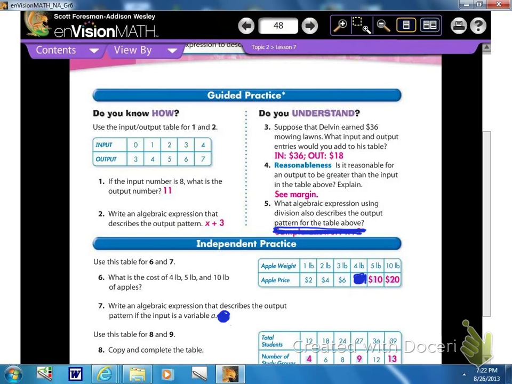Okay, for your homework, I'd like you to go ahead and do the independent practice, 6 and 7. And so you're looking at this table over here. It had some answers, so I had to scratch some out. And it says, write an algebraic expression for number 7. It says, write an algebraic expression that describes the output pattern if the input variable is A. So instead of X, all you're going to do is make it A. Alright, so answer those questions, fill in that table, and